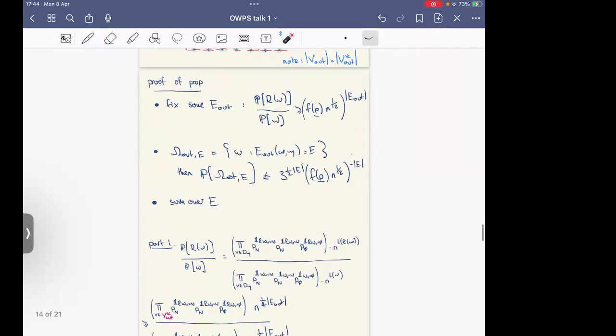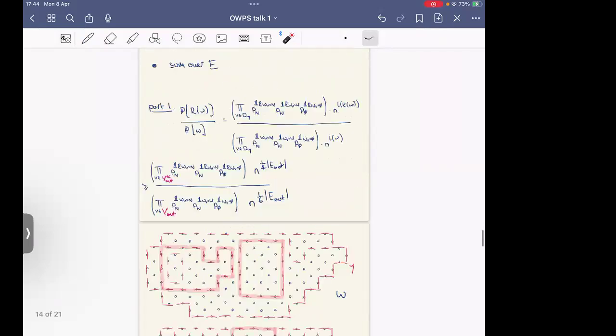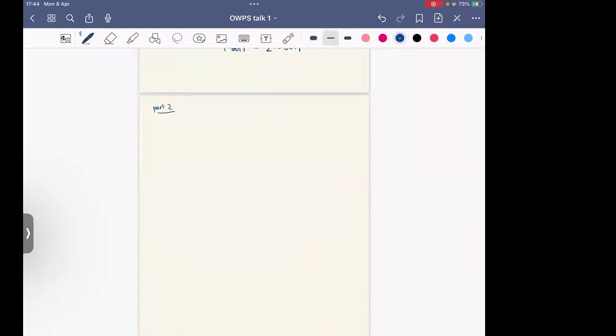Okay, and then I'm just going to try and at least do this part. So we want to try and get a bound on the probability of this omega E out, the probability of E out is realized as E. Okay, and this uses a very simple lemma, which is that if T goes from some set E to some other set F,